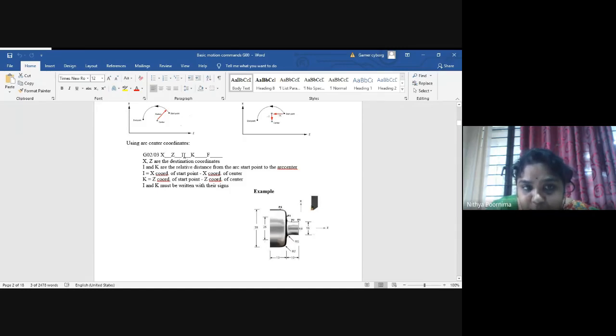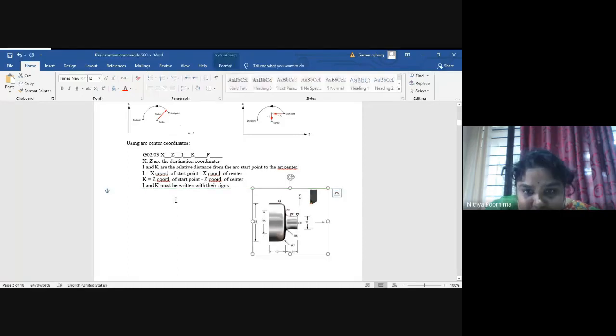I will be the coordinate of the X of the starting point. I is the X coordinate of the center. Then K will be the Z coordinate of the start point, and the Z will be the coordinate of the center. You will define all these terms, right? After defining the terms, the tool is going to come here, do the operation clockwise from P2 to P3. It will do the operation and again go here and stop.